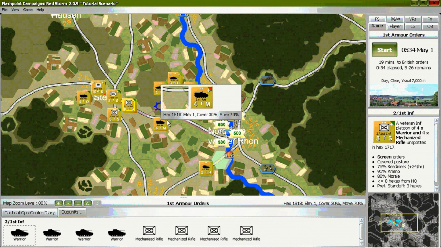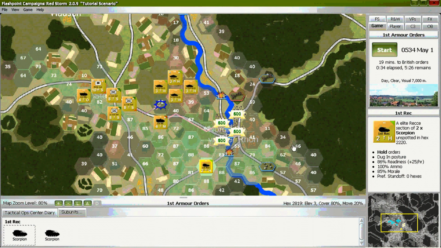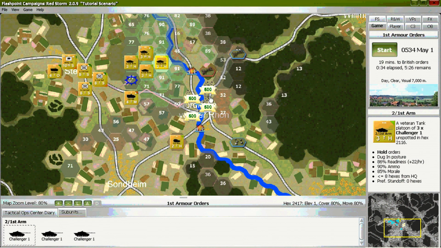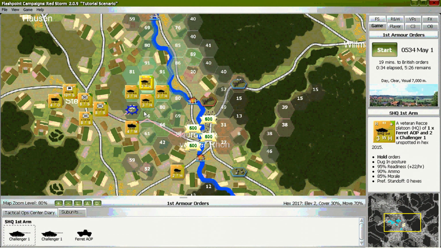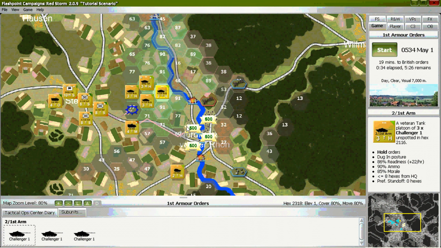With any luck, the enemy should be sighted toward the end of the next turn. Take a moment to toggle the line of sight and click on your first reconnaissance and first tank units. This will show their coverage of the battlefield. Hit the start button to continue.